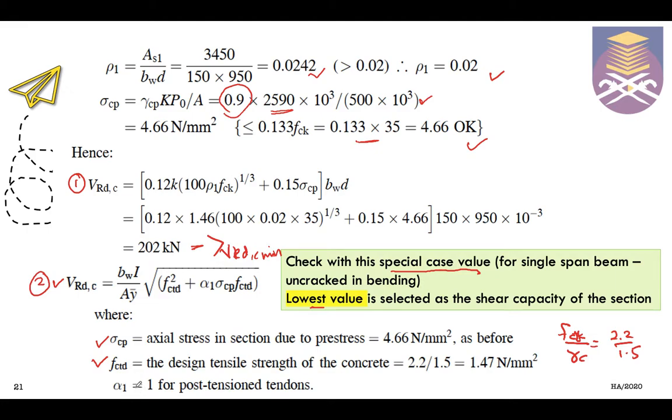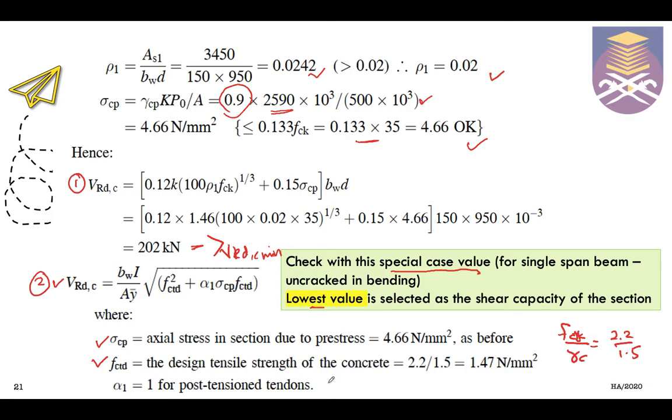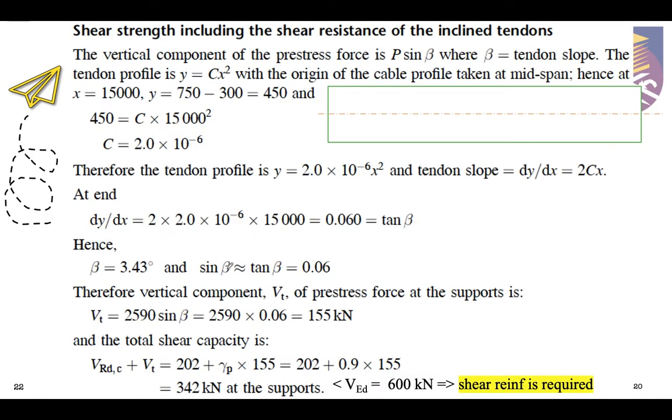Then we are going to consider alpha 1 K equals to 1, whereas we are considering a post-tension tendon. So that is for the shear resistance. Here we are going to calculate these values and compare which one will give us the lowest value. Then the next one is the shear strength including the shear resistance of the inclined tendon, so the vertical component of the pre-stress force, P sine beta,